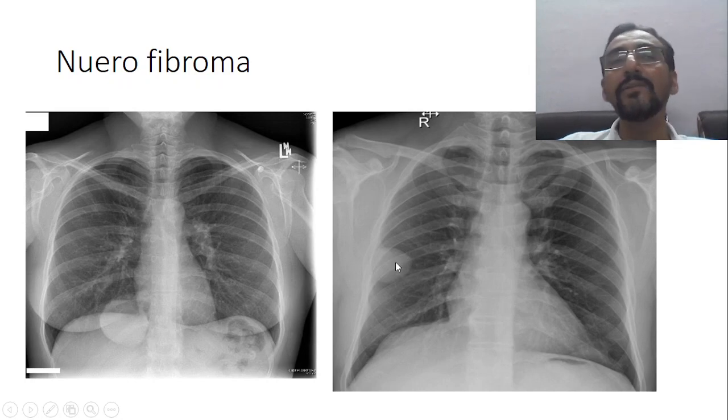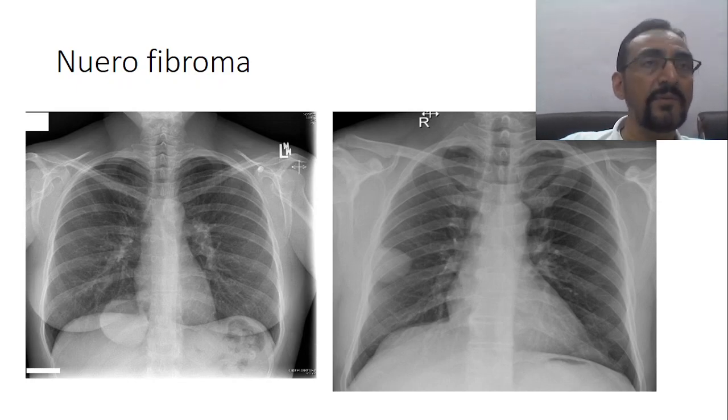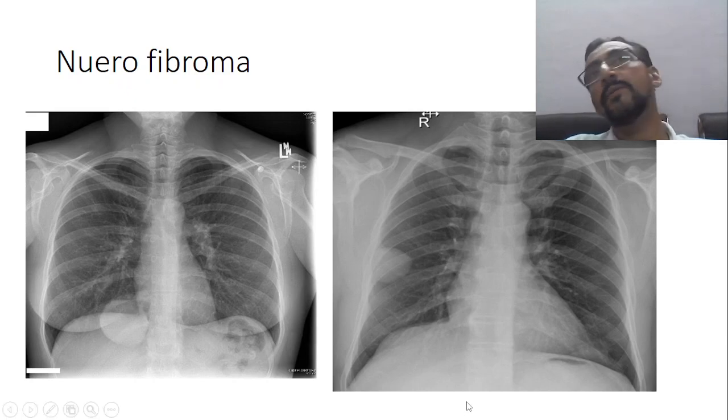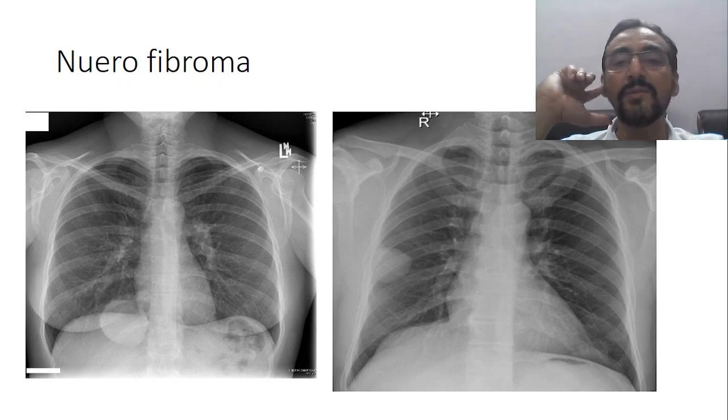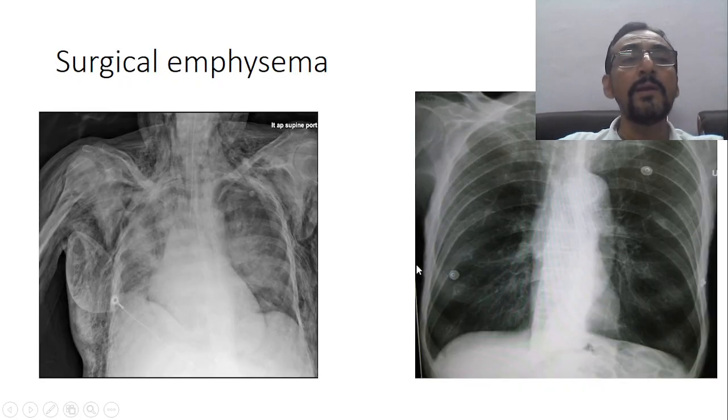So this is how we have to differentiate a lung lesion, maybe a parenchymal lesion, lung lesion, whatever, from a lesion other than the lung, maybe from the skin, maybe from the bone, maybe from the subcutaneous area, maybe from the muscles. Okay, so this is very important. Therefore, very keen observation is needed. Just look into the surface marking. There is no marking at all in this. Okay, so now